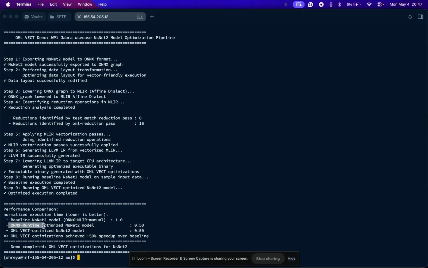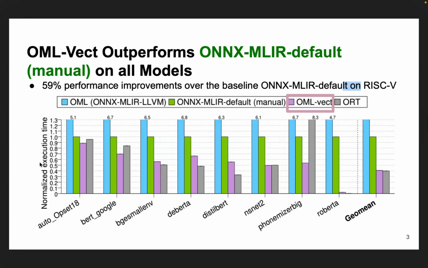And ONNX runtime, which is the hand optimized kernel for RISC-V CPU, we are able to match the performance of ONNX runtime using our automatic compiler approach for RISC-V CPUs. Next, we present our results for other wide range of models, including transformer models. OML Vect was able to outperform ONNX MLIR default manual on all models, and on average, we get 59% performance improvements. And on average, we are able to match the performance of ONNX runtime ORT, which contains handwritten manually optimized